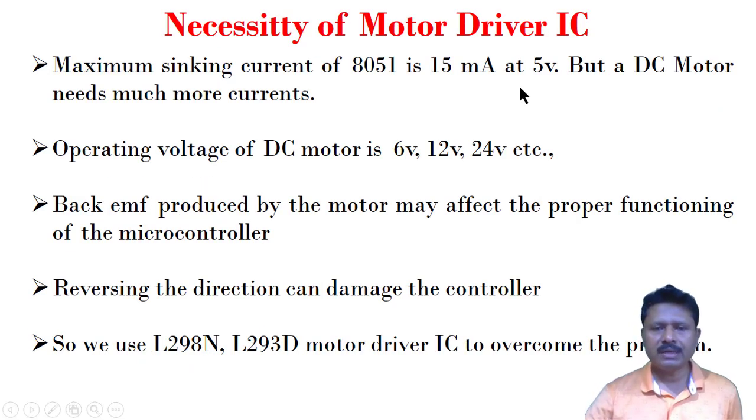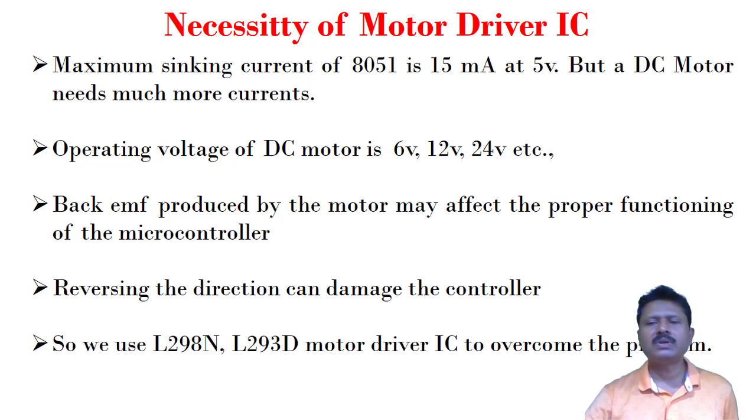Now for operating this DC motor, certain extra devices are required, as there are certain limitations. As we will interface it with the microcontroller, the current sinking or sourcing capability is very small. The microcontroller can sink a maximum of 50 milliamperes of current, and its operating voltage is only 5 volts. But a normally used DC motor needs high current, and that high current cannot be supported by the microcontroller, so some extra devices are required.